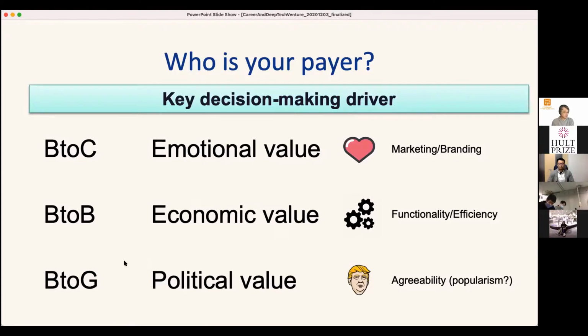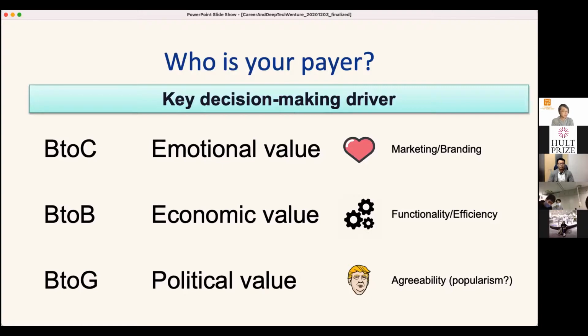And the B2G business, this is a political value. So this is very tricky because it depends on the government. If the city government wants to foster the industries or economics of the city, so if you work with the Sapporo city government, you need to contribute to Sapporo city. But if you work with the Japanese government, probably you have to contribute to the entire Japan. And if you work with the United Nations or WHO or those global organizations, you need to contribute to the world. So depending on your client, the government, your scope will be different.